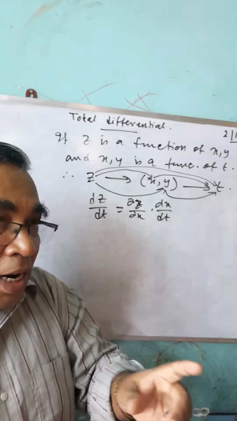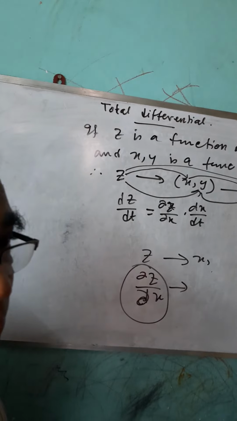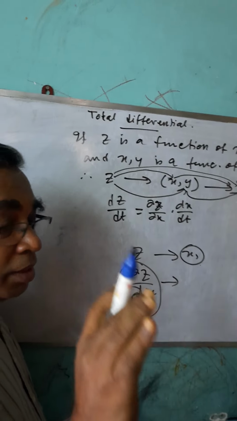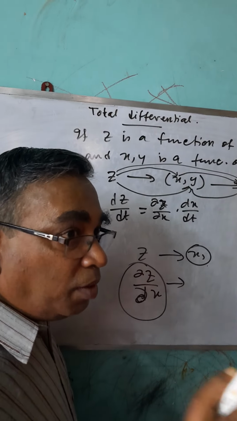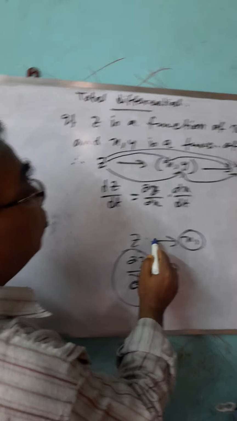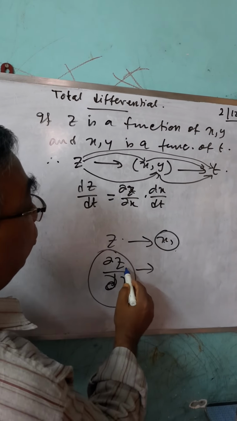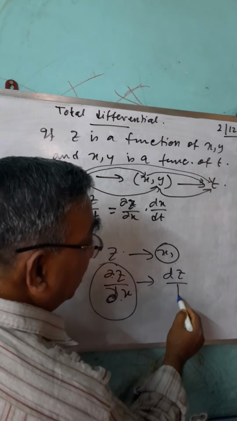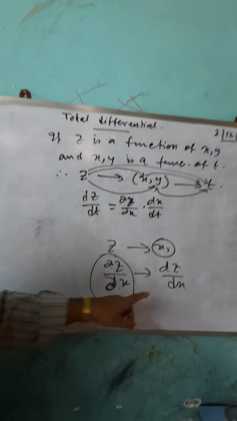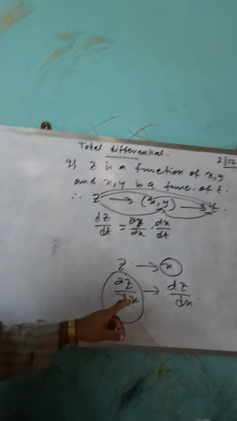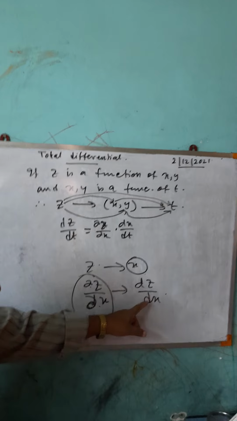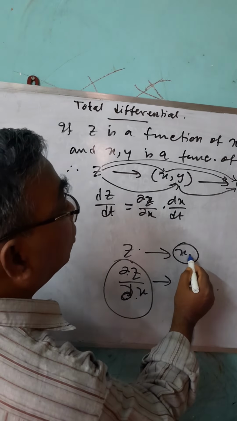Suppose z is a function of x only, then you cannot find del z del x, because there is only one independent variable. For a partial derivative, there must be more than one independent variable. So if there is only one independent variable, don't say del z del x. You have to write dz/dx. Is that clear to everyone? Once again I am repeating, when z is a function of x, then we have to write dz/dx. When z is a function of x, y,